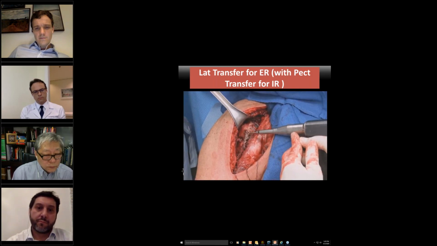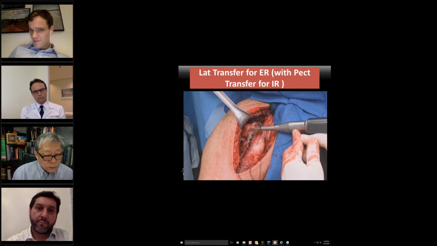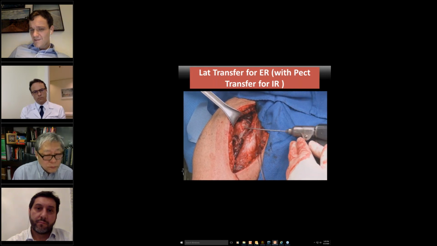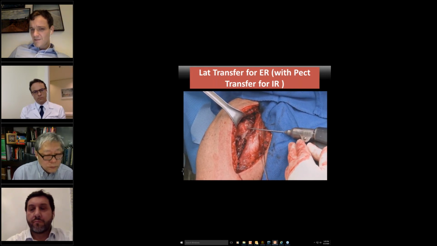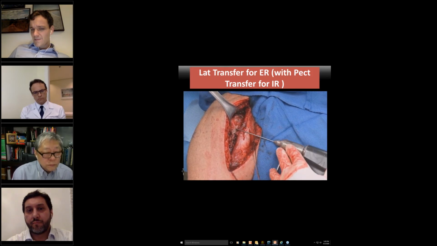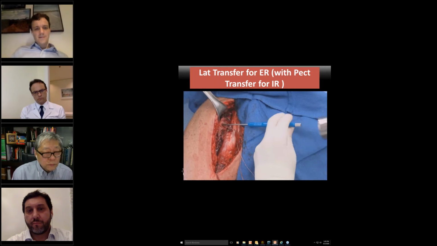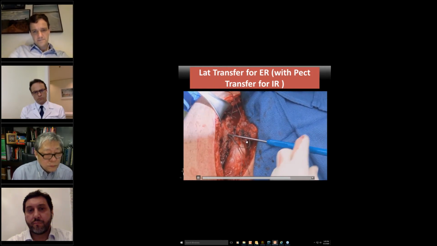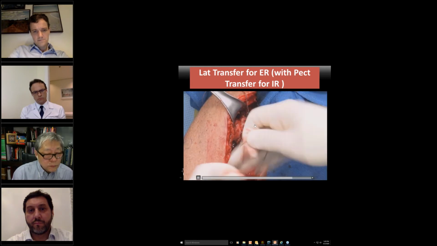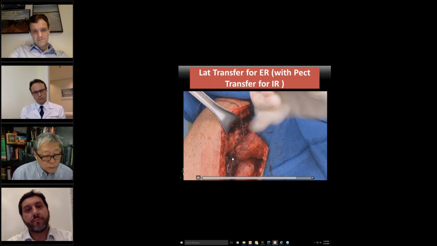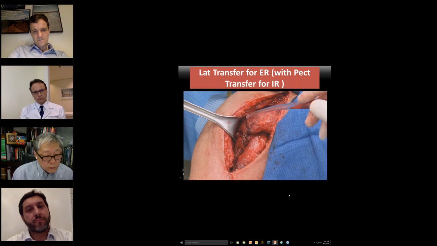To be honest with you, it is not very impressive with the pectoralis major transfer. I haven't seen anything really impressive, but it may give you a good internal rotation from an externally rotated position. In my opinion, it will never help with the hand behind the back as much. I already have 2 sutures in the pectoralis major, and I use the endo buttons ×2 to suture the pectoralis major more proximally. So now we have latissimus from the back, pectoralis from the front for these kinds of cases, and